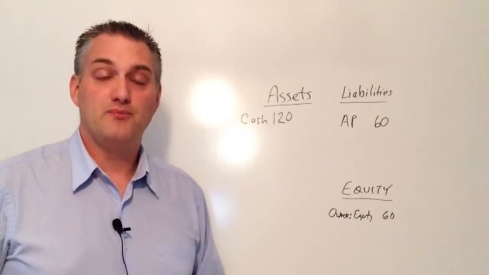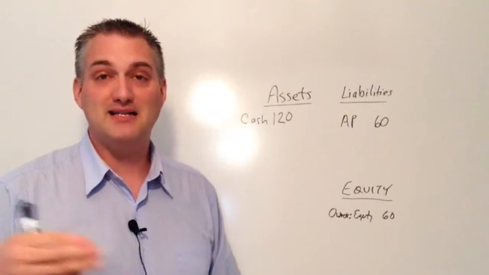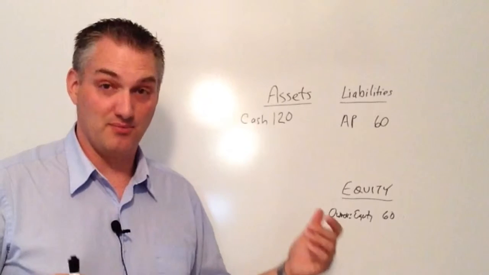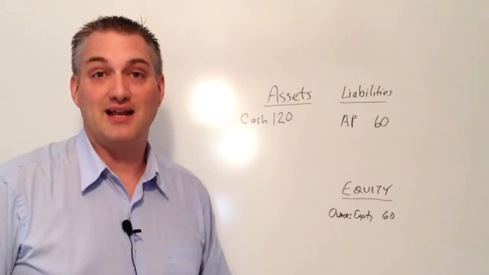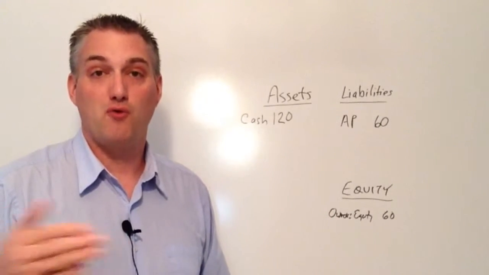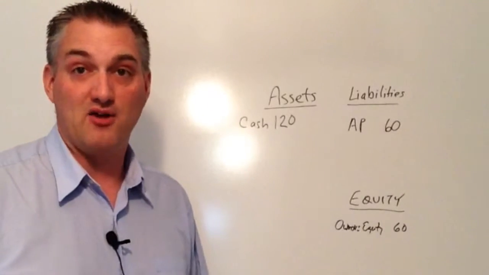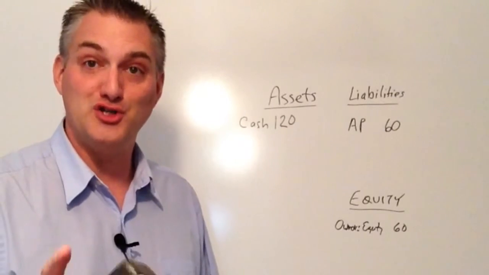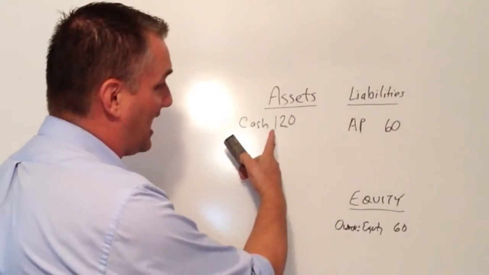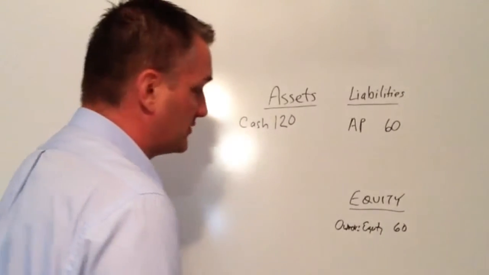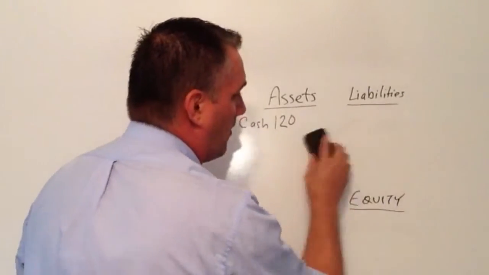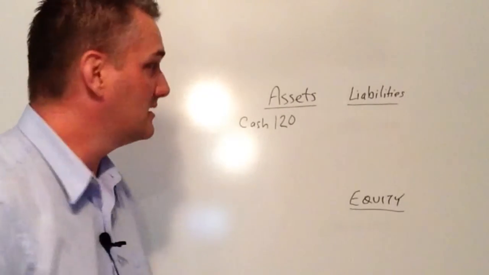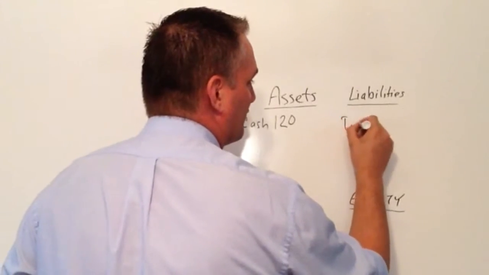So they balance. Now let's, for instance, take the example of a fitness center. So a fitness center typically sells memberships, and they might sell an annual membership, let's say, for 12 months. And let's say for the purpose of ease, that it's going to be $120 for an annual membership. So how do we represent that on the balance sheet? Let's say if you were to buy an annual membership for $120 on January the 1st. Well, our cash would still go up by $120, but what would happen on that day, because we still haven't delivered a year's worth of fitness services, is we would have what we call deferred revenue